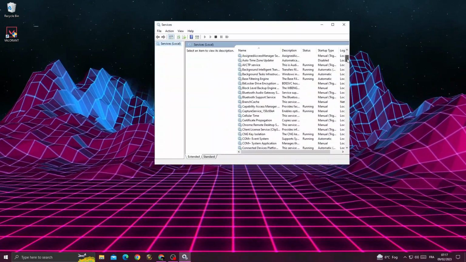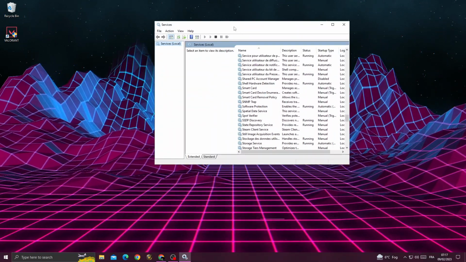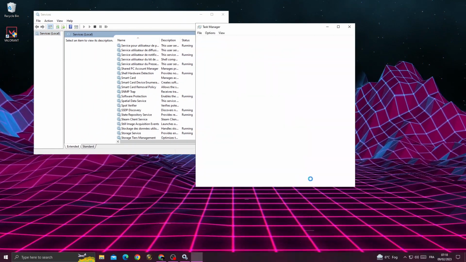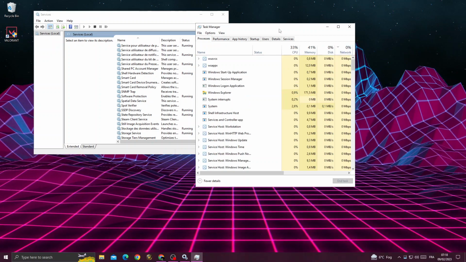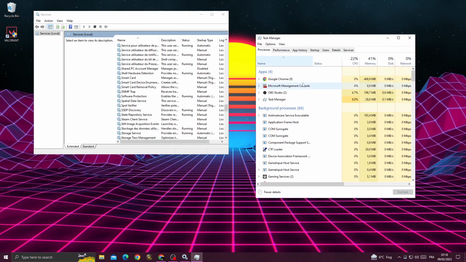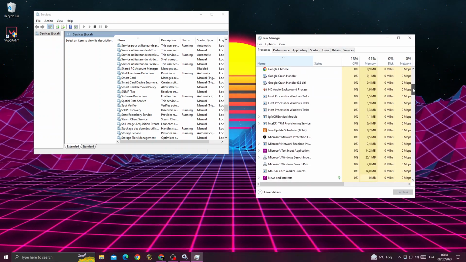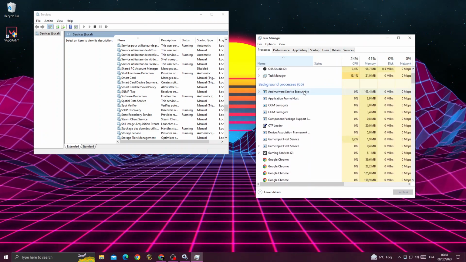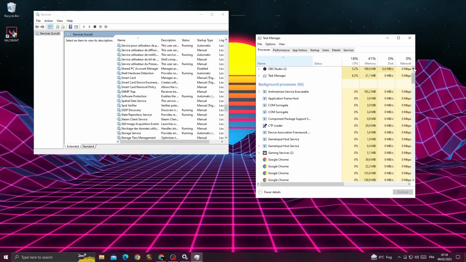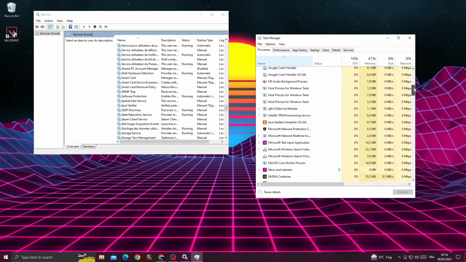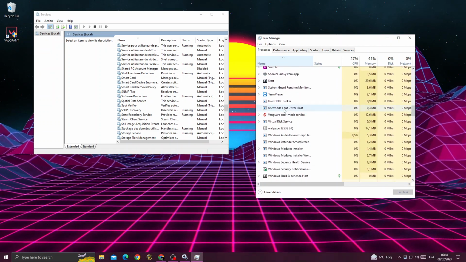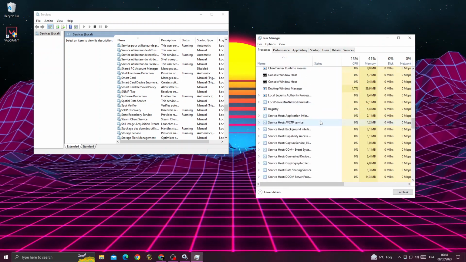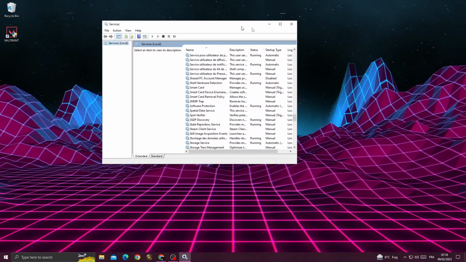scroll down. Now just move this window and don't close it. Right click here, open task manager. Now all you need to do is scroll down until you find any application that is related to Valorant or Riot Games Vanguard or something like that. And here it is, Vanguard. Right click on it and click end task,